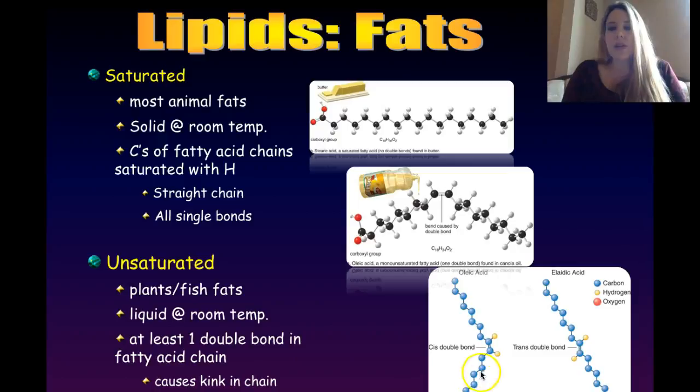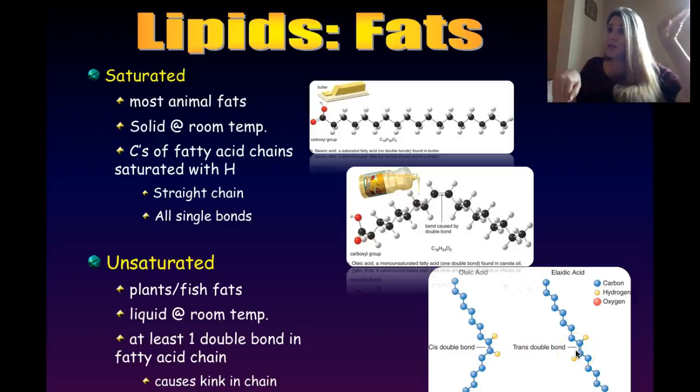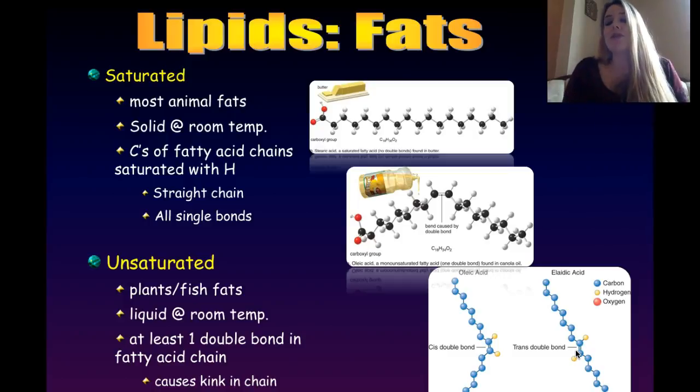And so we can take a look at this particular unsaturated fat, oleic acid, and notice again, here's your double bond where the kink in the chain is, and the hydrogens are on the same side. So it's the cis configuration. Bodies are okay with that. We can handle that. But you can chemically change the configuration of those hydrogens around the double bond so that they're doing the John Travolta thing, remember? Where one hydrogen's on one side and the other one's on this side.